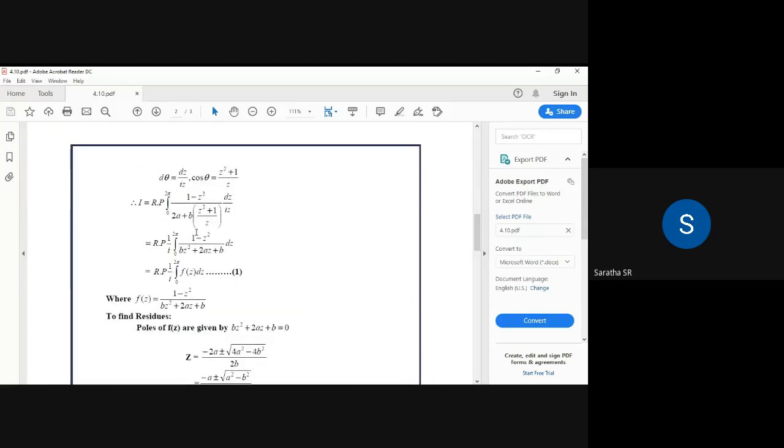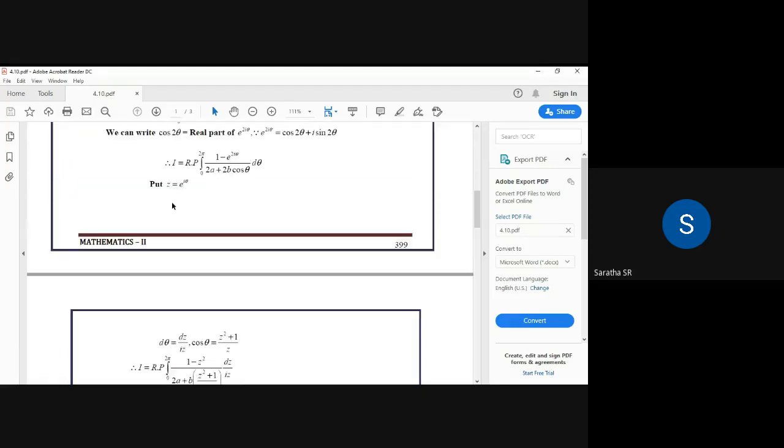Okay. So here we know the replacement: cos theta is e power i theta plus e power minus i theta by 2 only. So instead of e power i theta we will replace z, and e power minus i theta we will replace 1 by z. If you take the LCM, we get z square plus 1 divided by 2z. So here we got the answer 2z, not z. Based on that you will complete; it does not matter in the constant term. Okay. So then we'll take this.